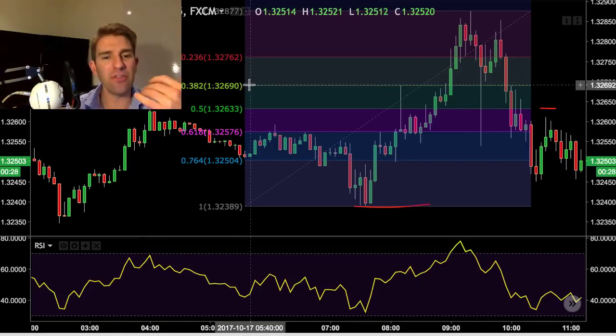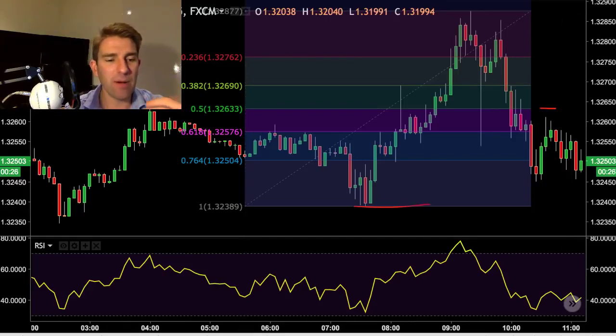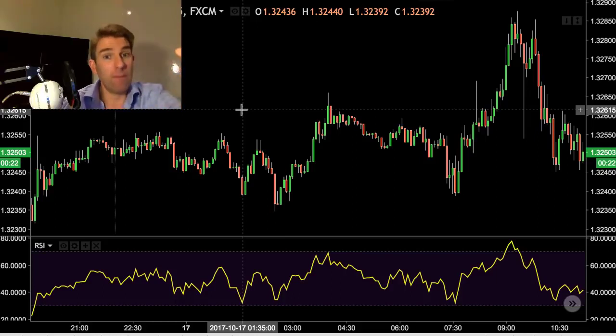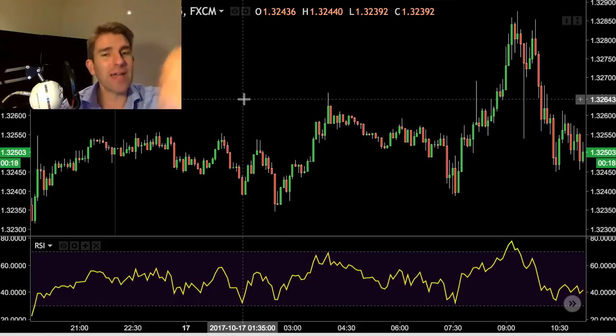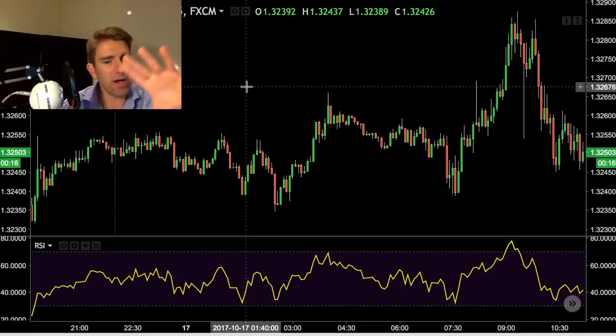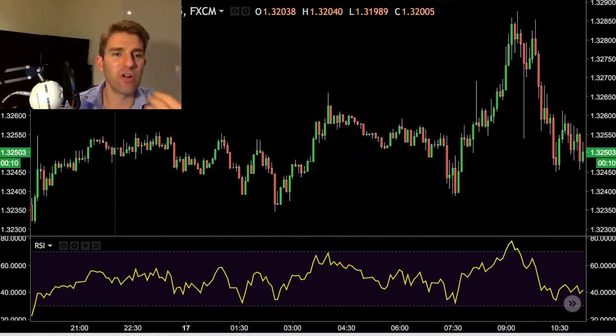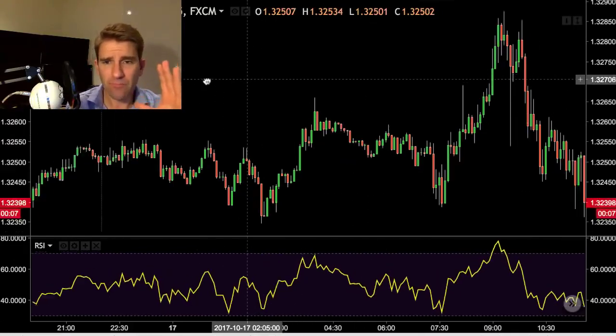It's purely, and you think about the theory behind it. The theory behind it is, hey, we've pushed on a lot and we're overbought now. So push, push, push, push, push. And we see a reversal candlestick pattern either at the low or the high, depending if we're overbought or oversold. And we're using those two criteria together to give us the trading strategy, the trading entry, the trigger, if you